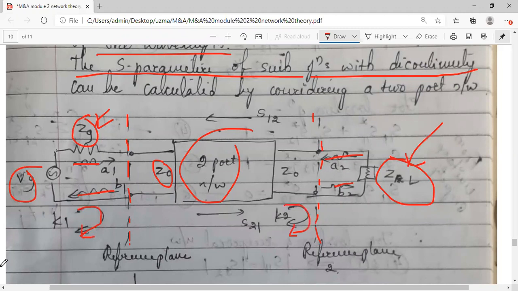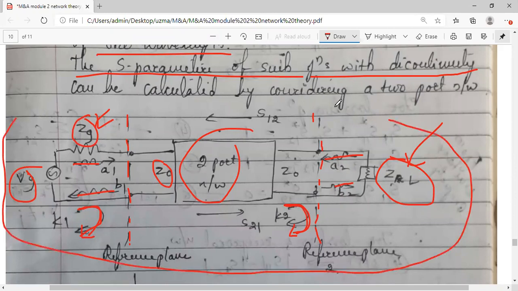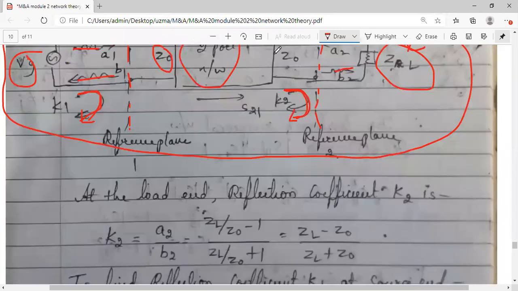I think we have used a tau there. Tau is a reflection coefficient, T is the transmission coefficient. But here they have considered K1 and K2. So K1 and K2 are the reflections. K1 is for the first port, K2 is the reflection for the second port. So if I have to calculate S parameters for this, then for that I need to find K1 and K2. Okay, so we will be looking at how to find these reflection coefficients and S parameters for such a two-port network which is having a discontinuity, which is having a mismatched load. We will be looking at this in the next session. Okay.